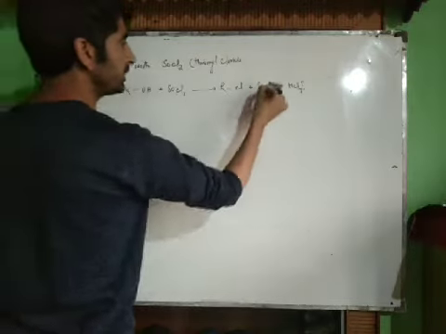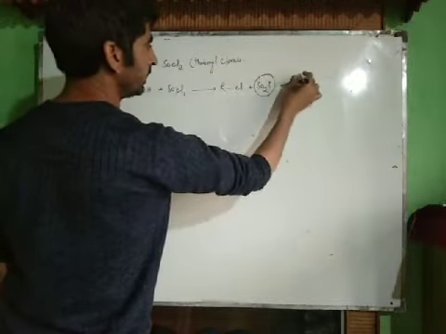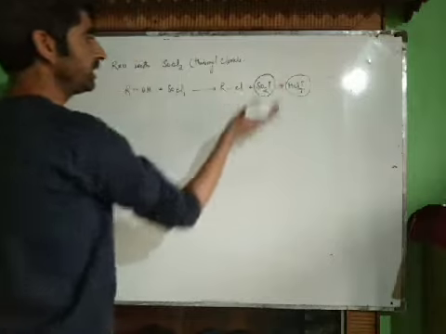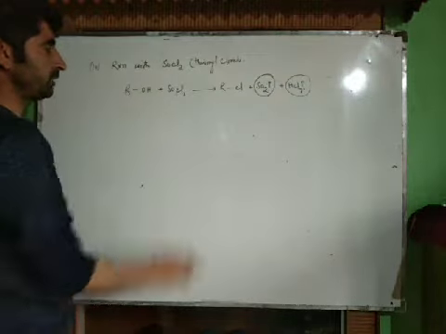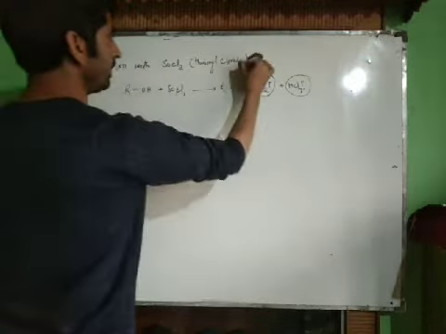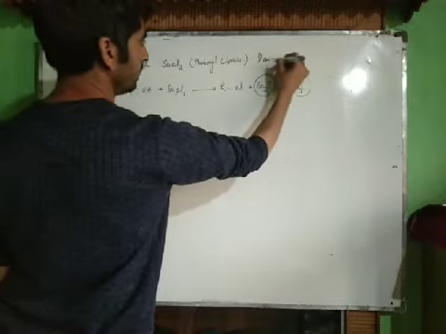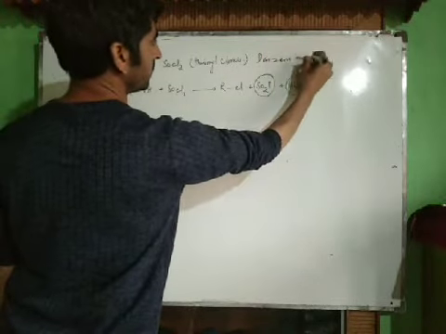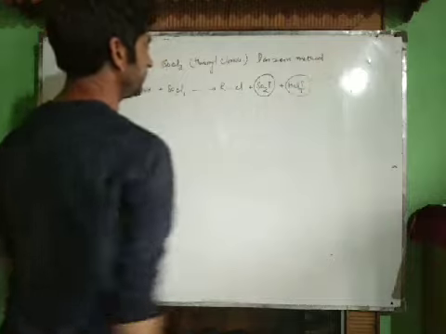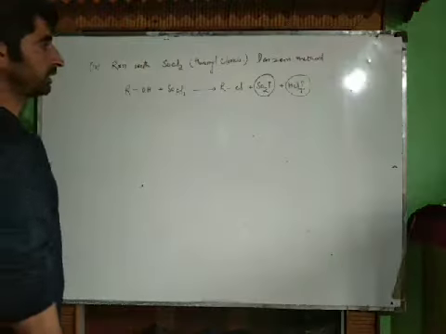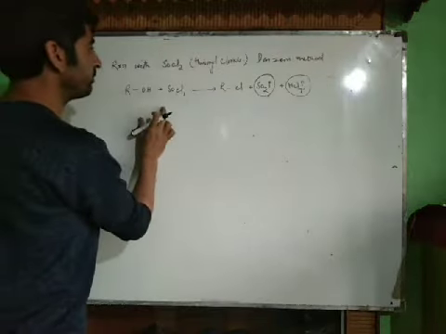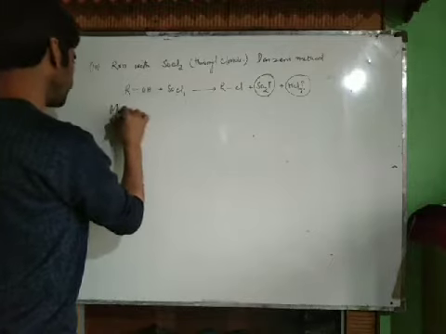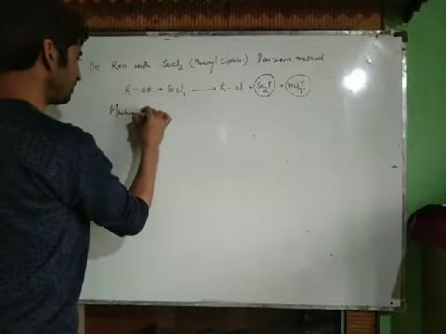Why? Because in this reaction we get gaseous products, and gaseous products can be easily recovered from the reaction vessel. That's why it's important. This is called Darzens' method of formation of haloalkanes. Now let's see the mechanism of this reaction, the mechanistic details.